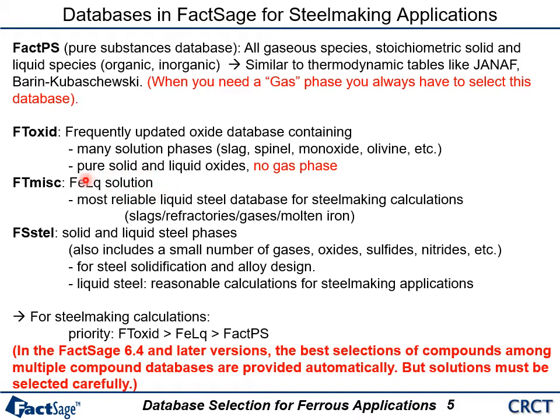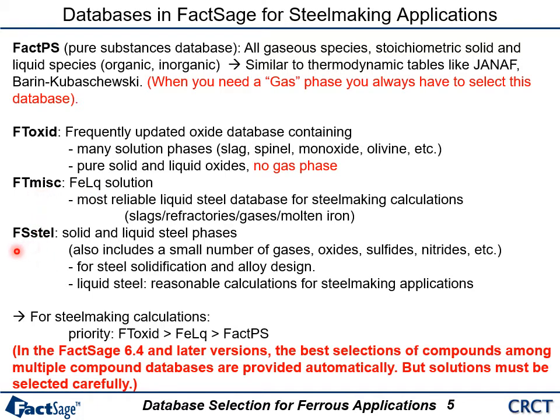This FELQ solution database is the most reliable liquid steel database for steelmaking calculation, especially for low carbon steel. So when you do a slag-metal calculation and the metal is low carbon steel,